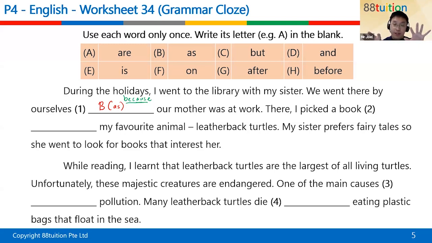So don't confuse it. We can use "as" like we can use the word "because." We can use "as" to also mean that two things are happening at the same time, right? Or almost at the same time. Another example would be, "As Sanvi was eating, a fly flew into her food," right? So it's like at the same time, she's performing an action and another action happens.